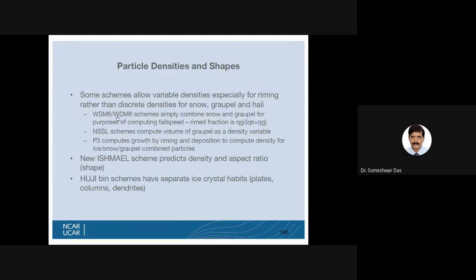Even to use WDM6 in an operational model is very, very difficult, because it requires a lot of computing power, computing the double moment and six species. So for post-mortem studies or case studies of events, you can certainly use these schemes to see whether your simulation is improved or not. But utilizing them in real-time forecasting is very, very expensive.